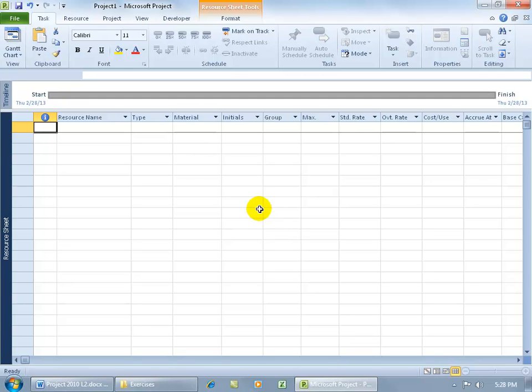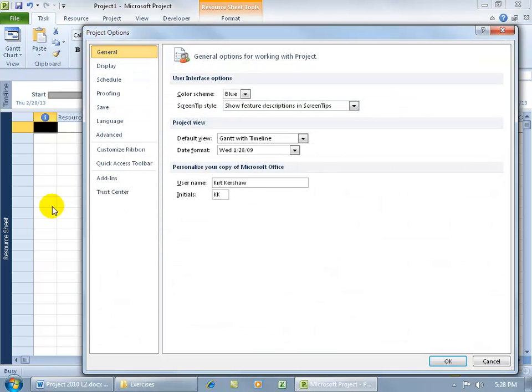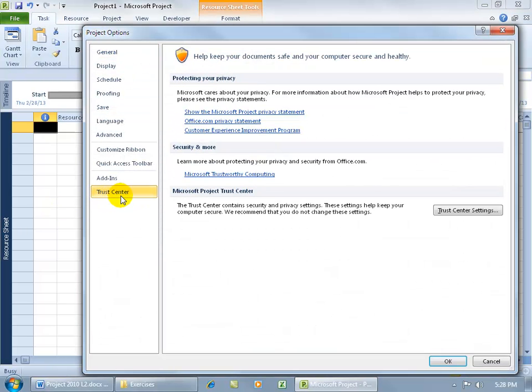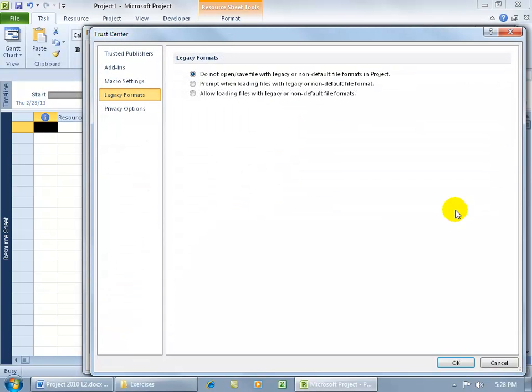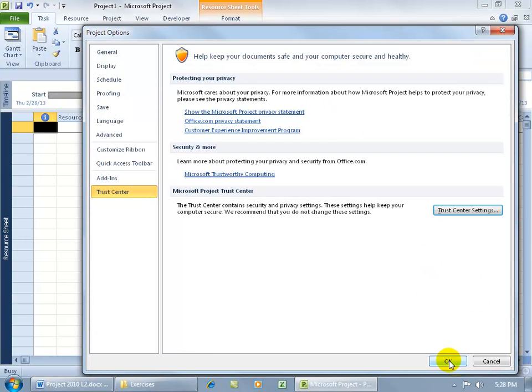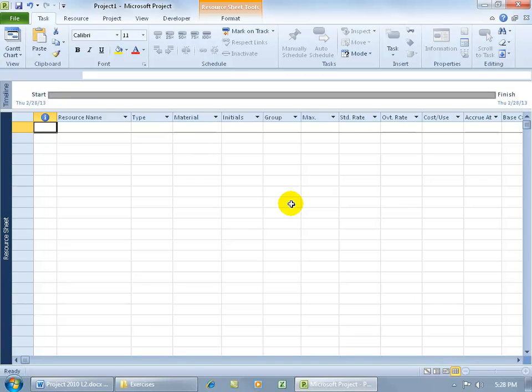So what we have to do in Project is we have to say, look, please go ahead and accept those earlier versions because you don't accept the latest version. So come up here, I know it makes sense, click on the File tab, go down to Options, come over here and select the Trust Center category, then come over here and click on Trust Center Settings and select Legacy Formats. You can see it says, hey, don't open anything earlier or these old files or non-default file formats. So we have to say go ahead and allow those earlier versions or non-default file formats and say okie dokie and okie dokie. Okay, now we're ready to go ahead and import, finally, the earlier version of the Access database